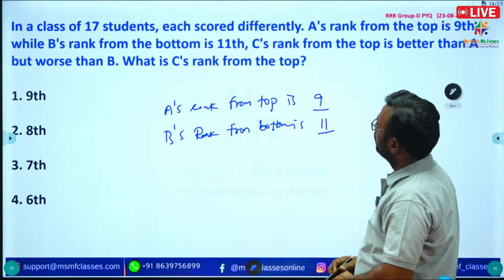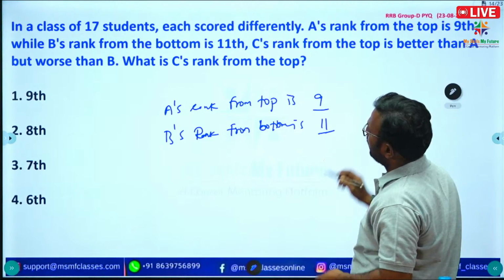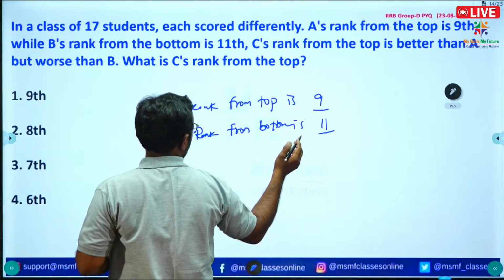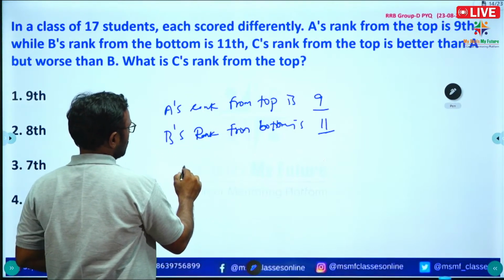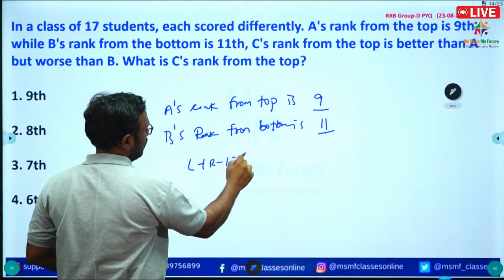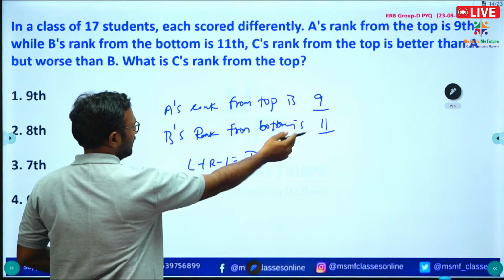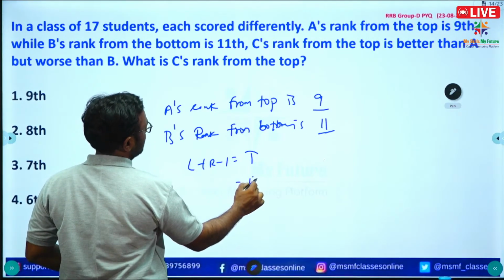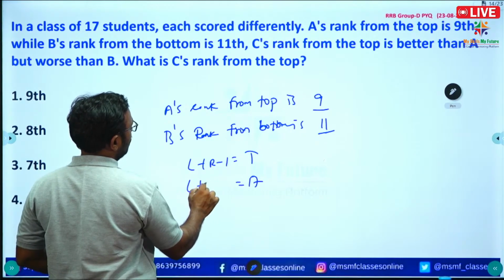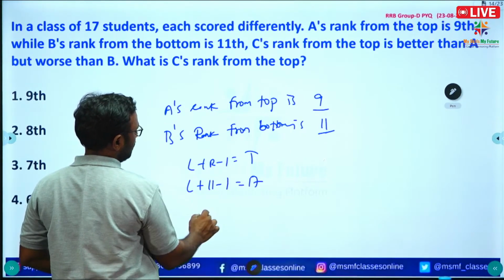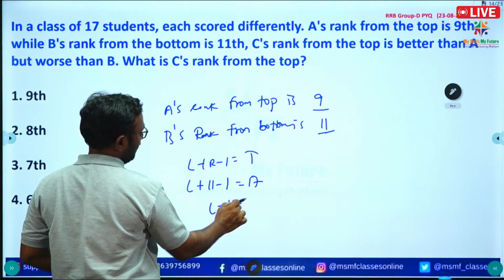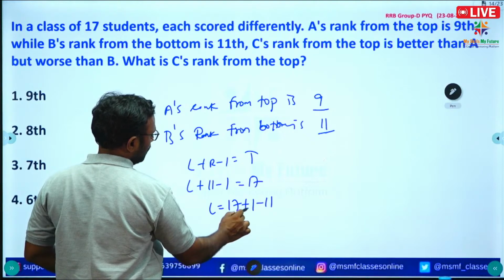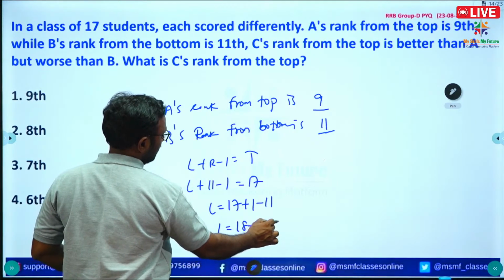Okay, right. Better than A but worse than B. Okay, so find what is B's rank from the top. Okay, so L plus or minus 1 is equal to total. Here they have given the right hand value. So simply we write 17, and we don't know the L value, and they have given 11th place minus 1. So from the left hand, 17 plus 1 minus 11, L is equal to 18 minus 11,